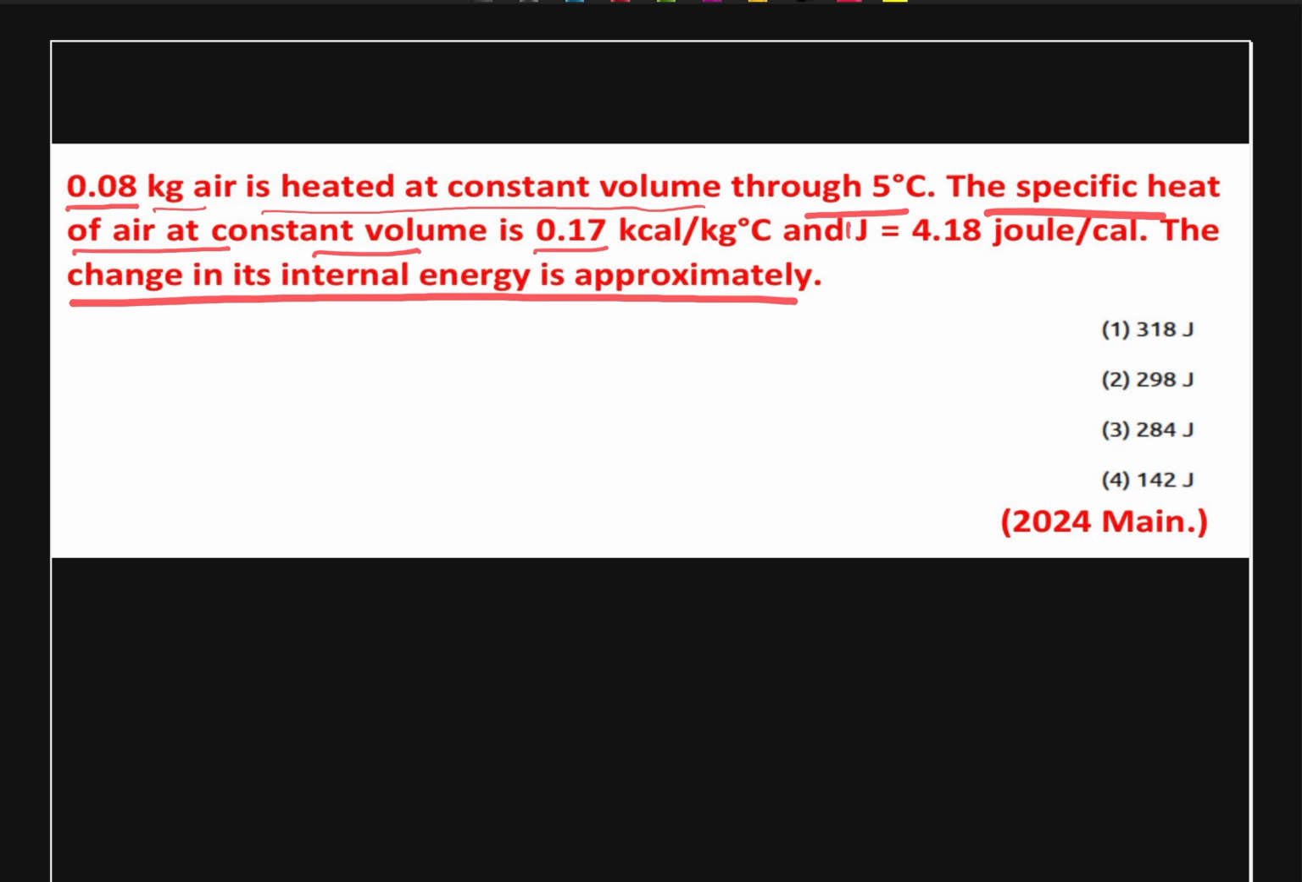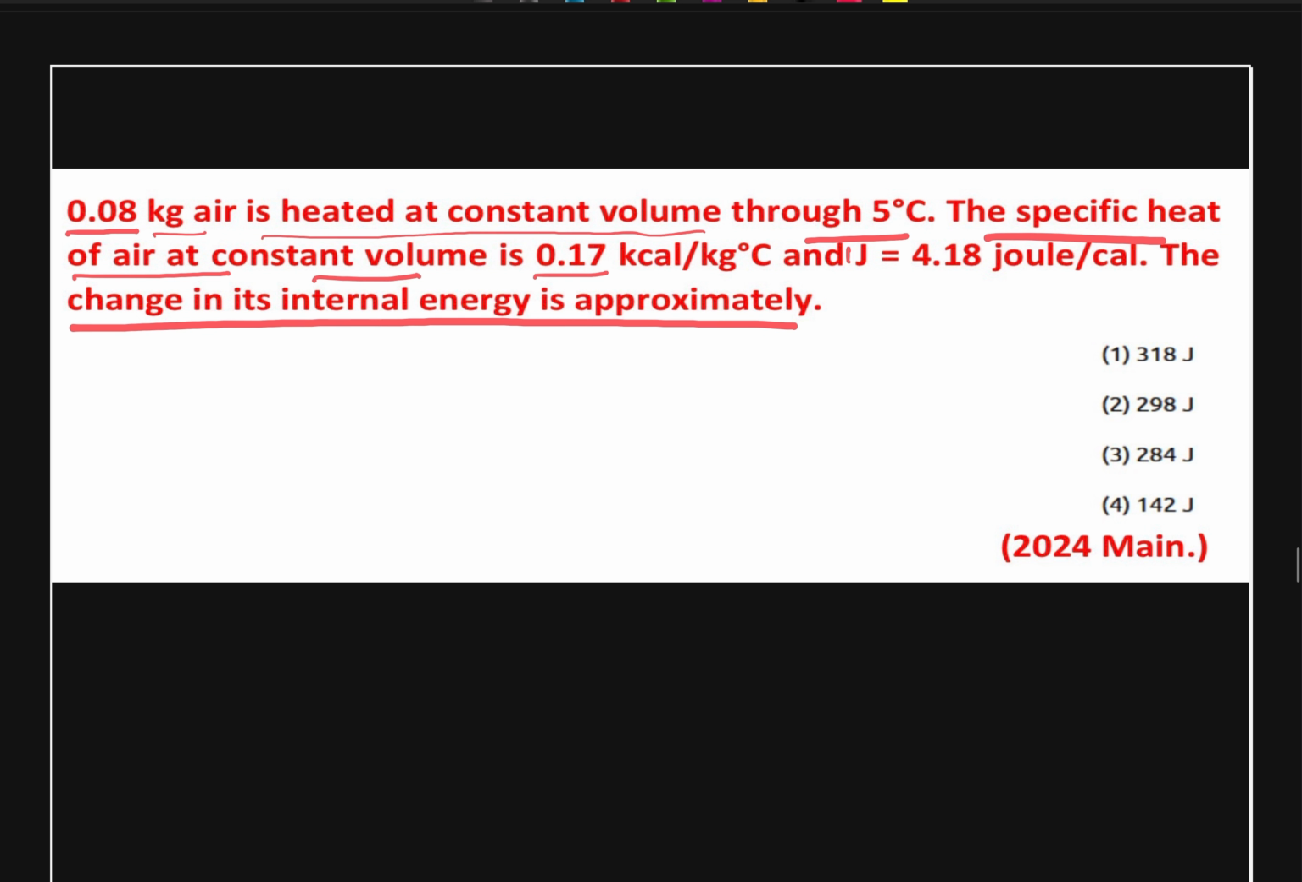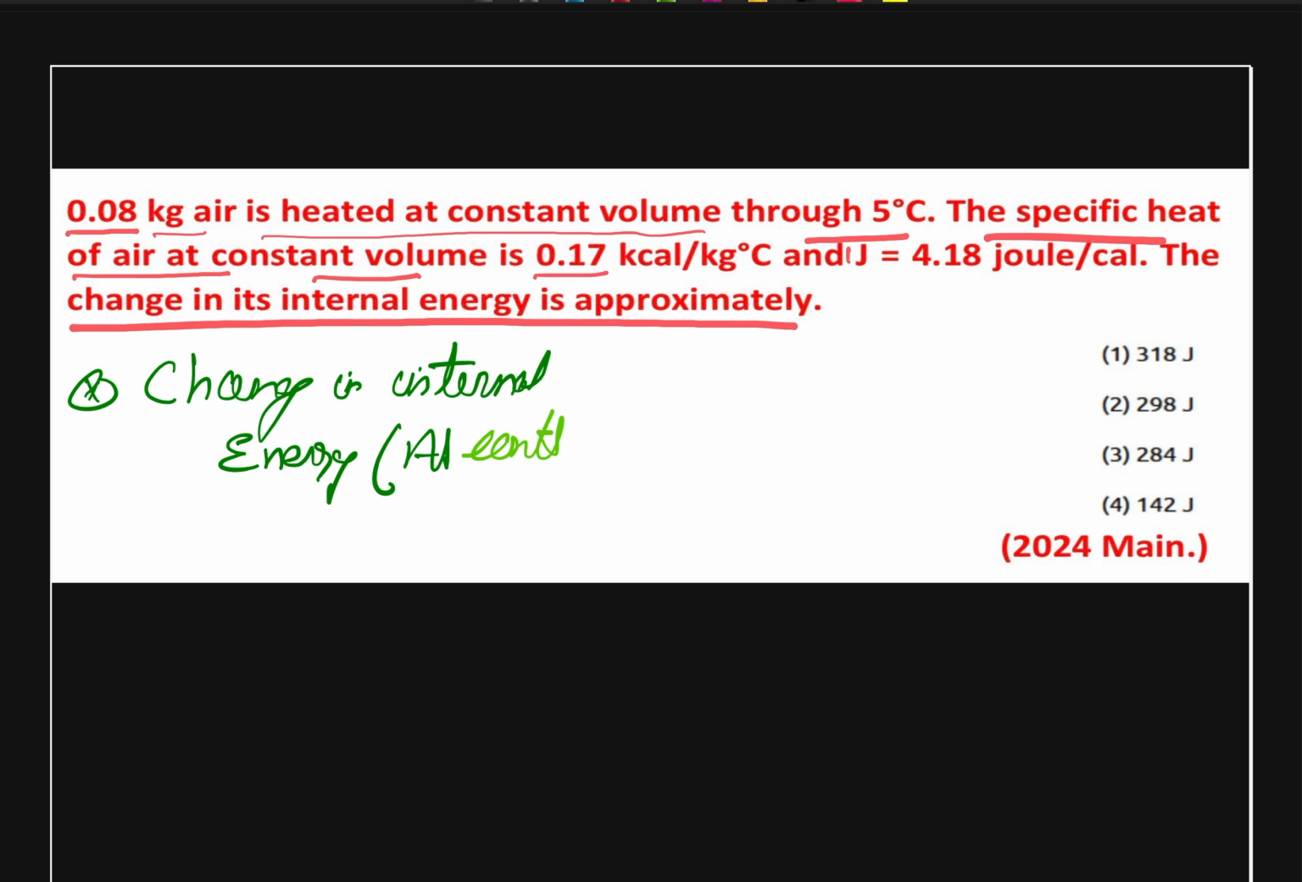So we have to find out change in internal energy, and that is at constant volume. So we can use the formula directly. We know that our change in internal energy, and that is at constant volume, will be equal to our delta U will be equal to our m C of V multiplied by delta T,